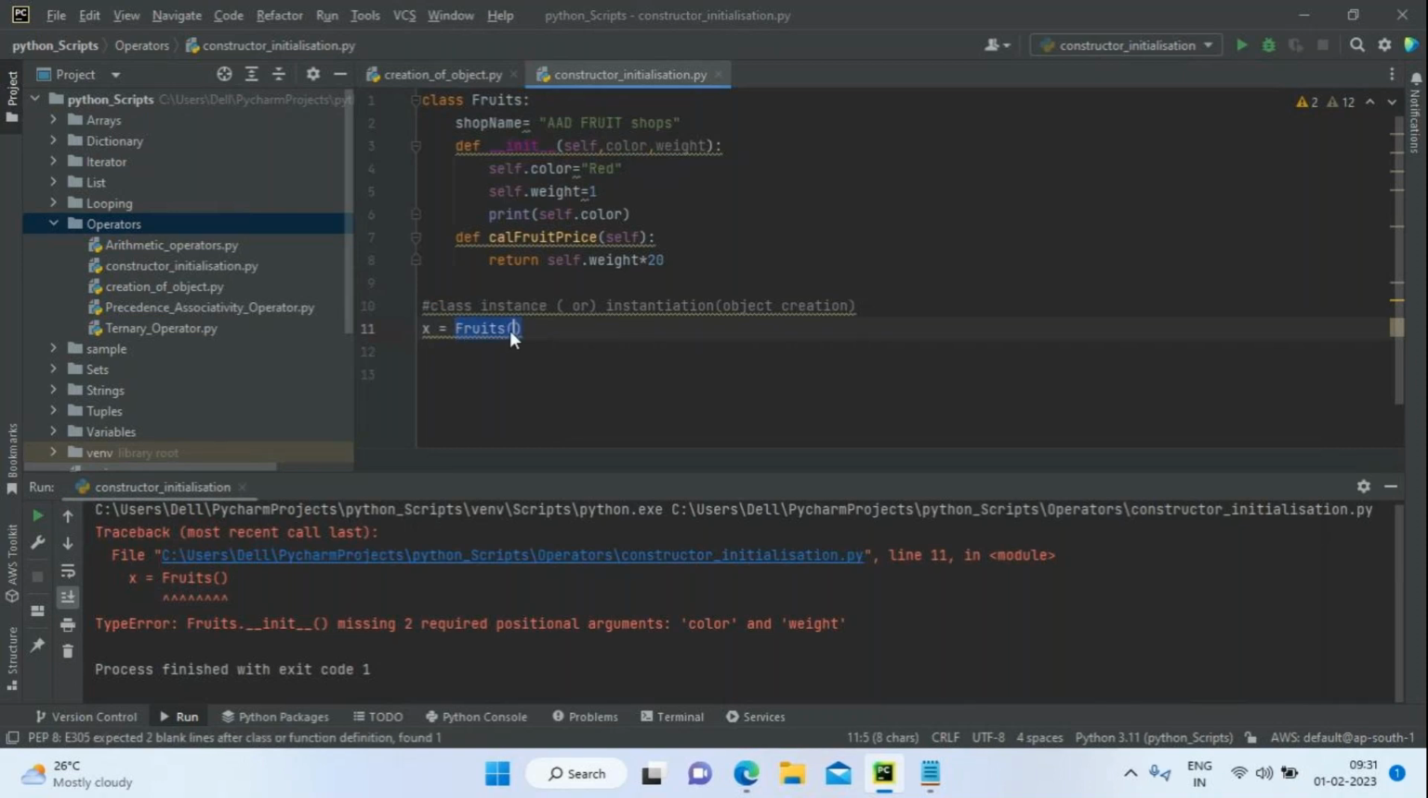I want to pass two arguments. What arguments do I have to pass? Color and weight I have to pass. Color will be... somewhat, the way I can do one thing: I will remove this for now. Okay, now it won't give any compile time error because I have created only